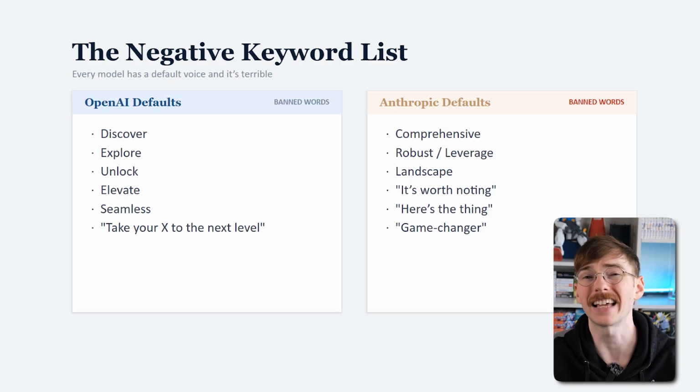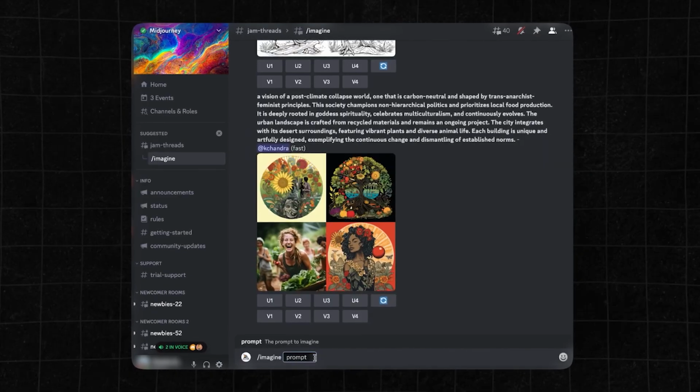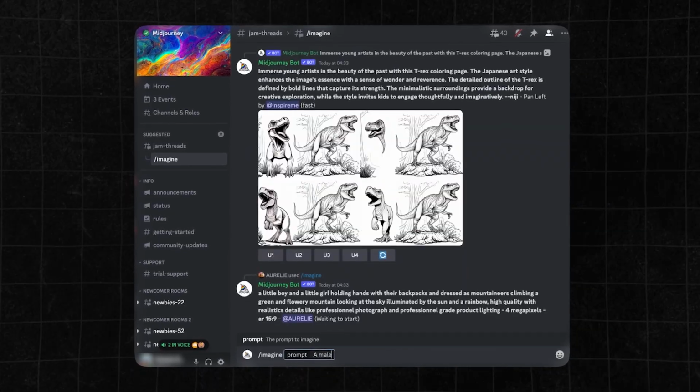OpenAI defaults to things like discover, explore, unlock, where Anthropic often says things like it's worth noting. Here's the thing. You may also notice that AI constantly uses the em dash, the long dash. These are all things you can put in as rules not to use. If you've ever used a tool like Midjourney for graphics, negative prompting is a huge portion of that, and